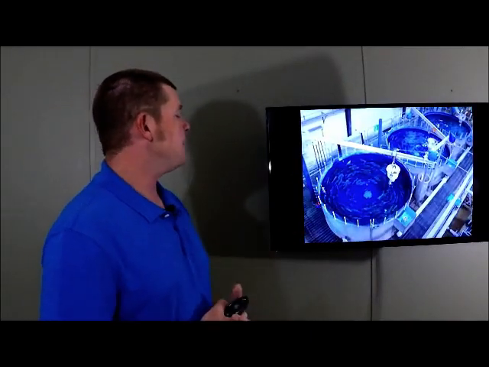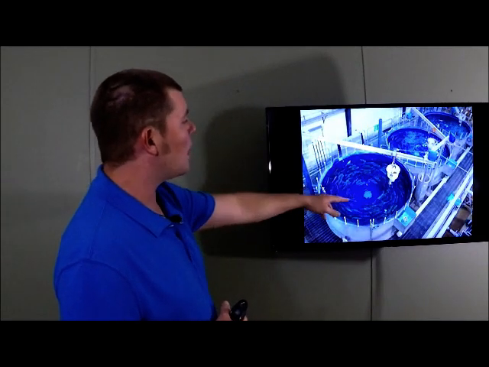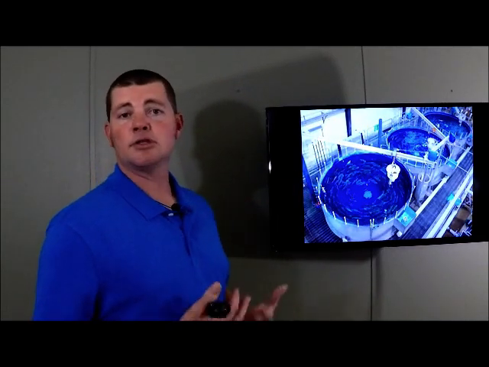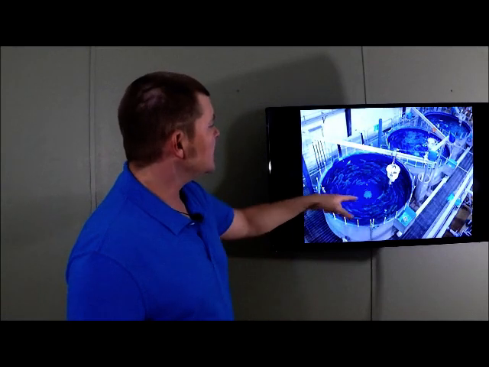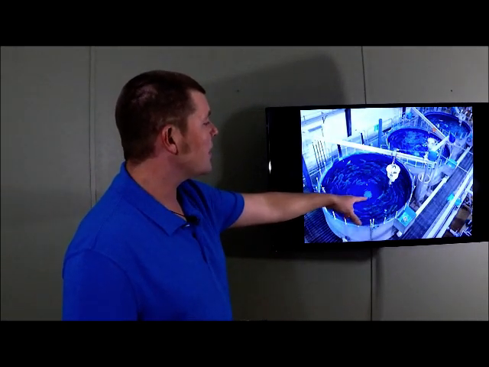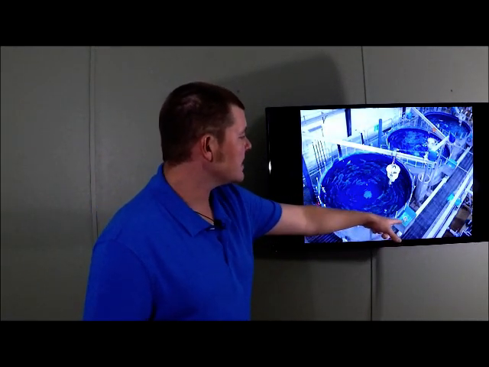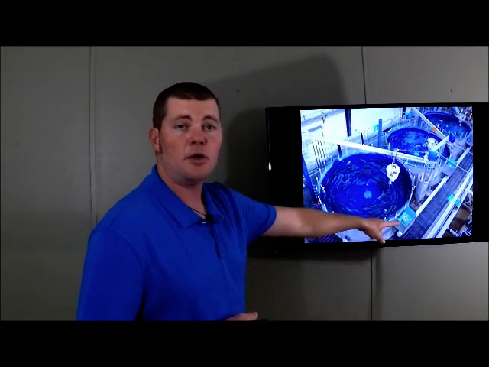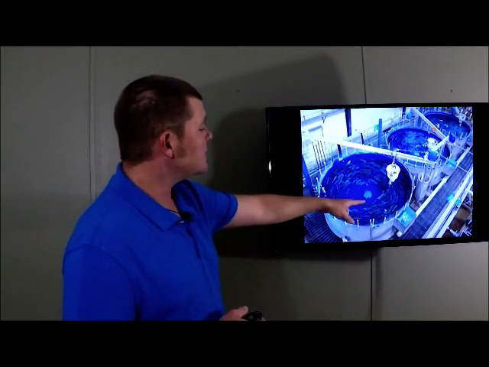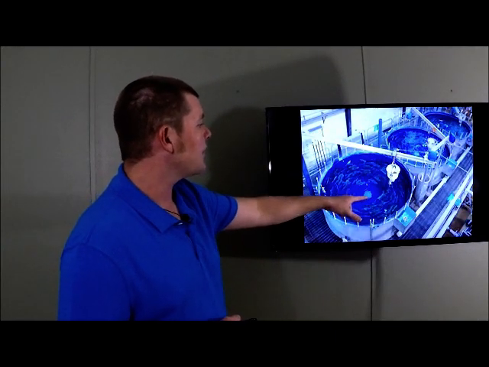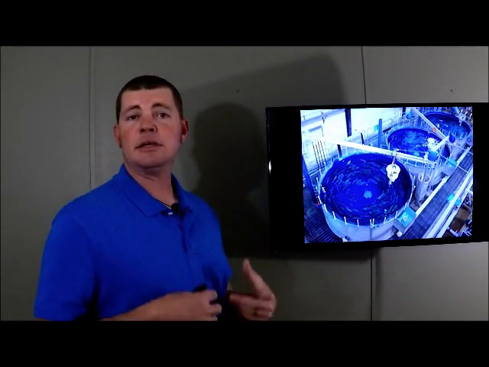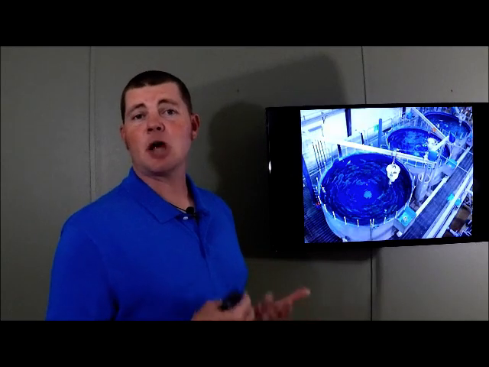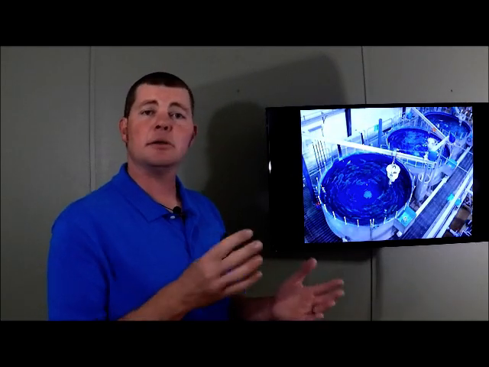Here you can see a beautiful picture of crystal clear water, and they're employing a dual drain outlet. So you can see there's a center bottom drain located right here, and there's a sidewall skimmer box located here. So you've got 80 to 90% of the flow leaving through here, and you've got 10 to 20% leaving through here. This will go directly to a first stage solids filter, like we'll talk about in a little bit, but